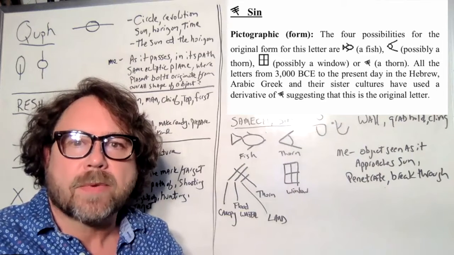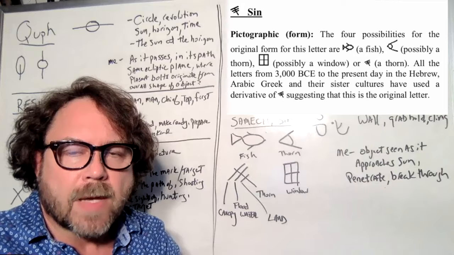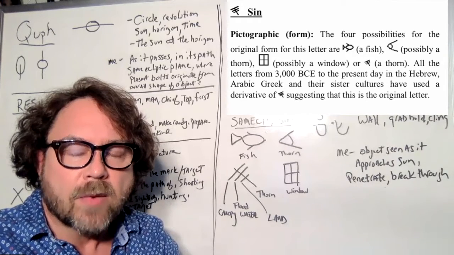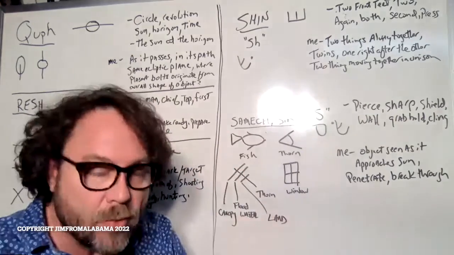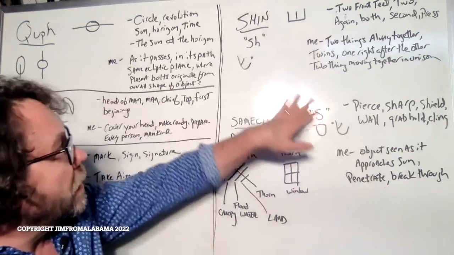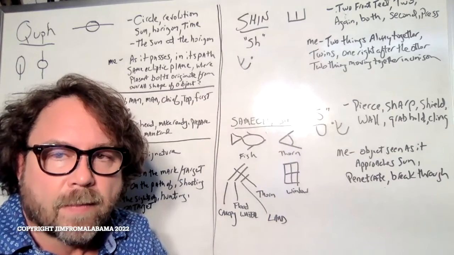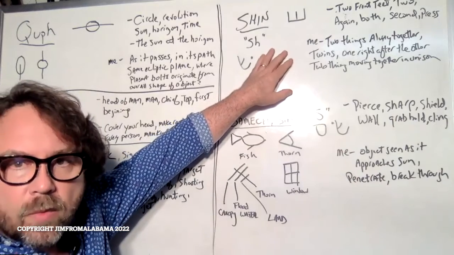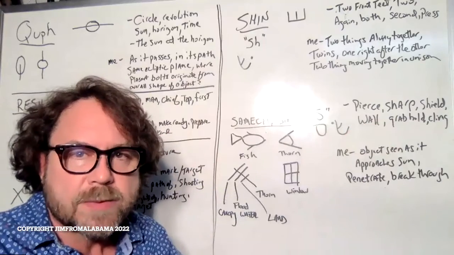How do you think something coming through the atmosphere, like a meteorite coming through the atmosphere, would sound? It would sound like that, because it's heated up and it's going fast. So yeah, that makes perfect sense. With the Shin, it's got the sh sound. So maybe that had something to do with the first event, because when the object comes by, there's usually